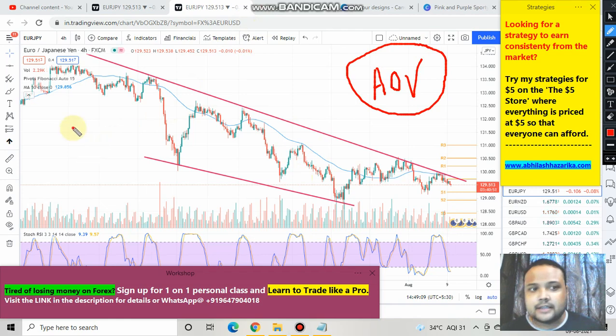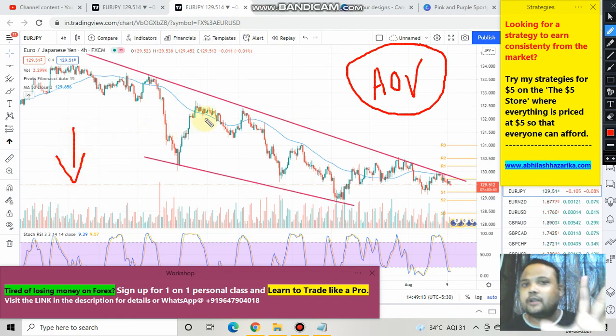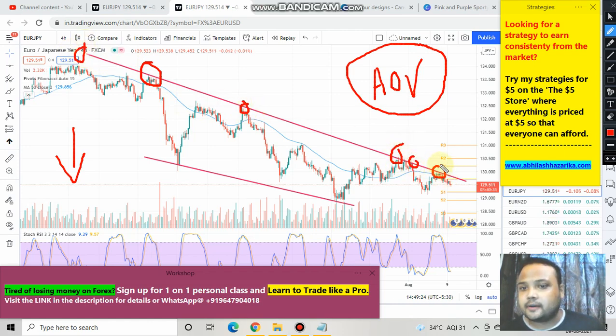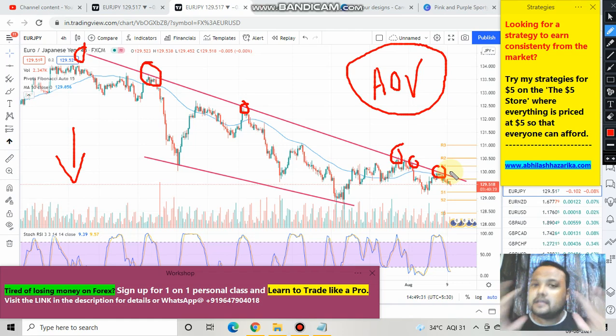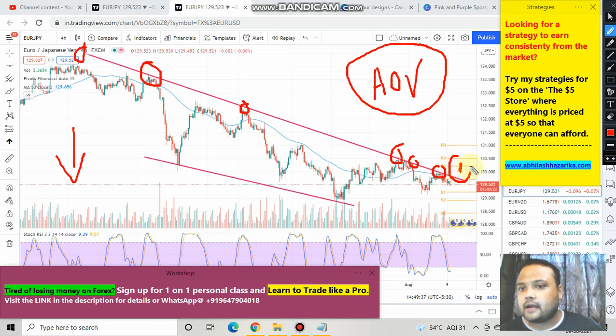And this market is in downtrend, therefore our area of value or the best opportunity will always be near the resistance. In this case, we can easily see that we have a resistance here, and this trend line is acting as a resistance for the market. Therefore we can easily short the market here. Till here things are very straight and simple. So this is a good opportunity to short the market. I also do not deny the fact, but